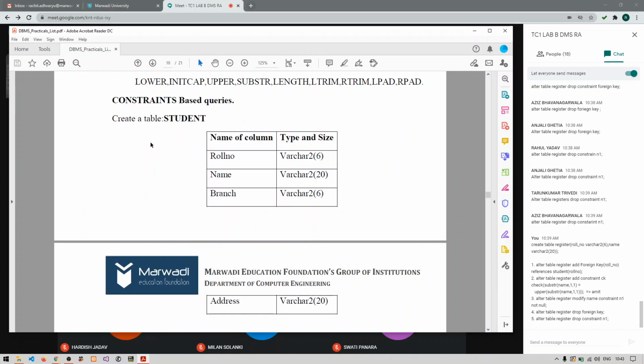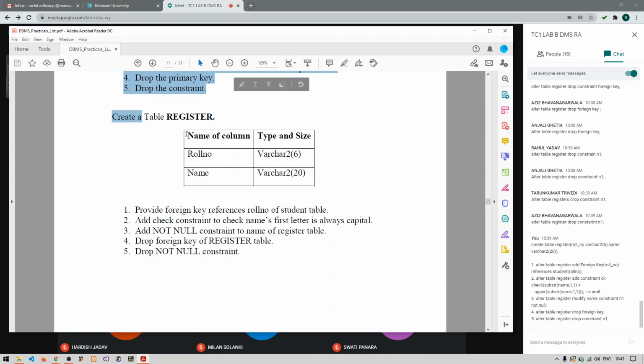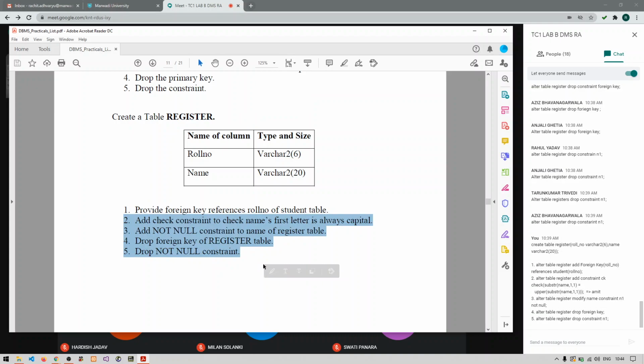After that, perform this create table student. Perform all these 5 queries. Create this register table and perform these 5 queries. And create the Word file for the same. So your practical 3 will be completed.